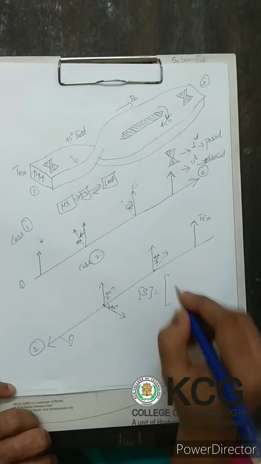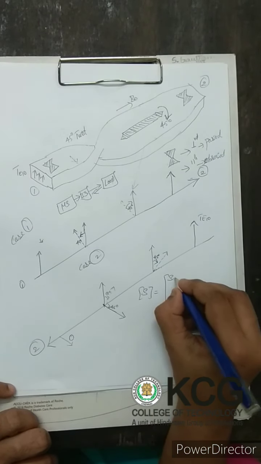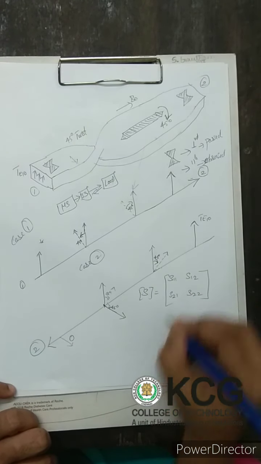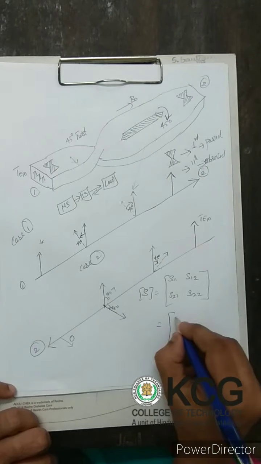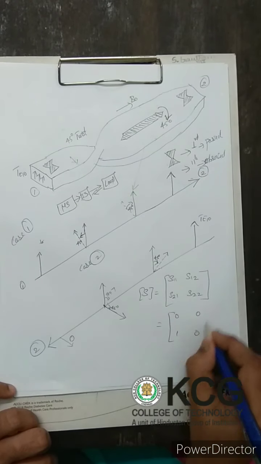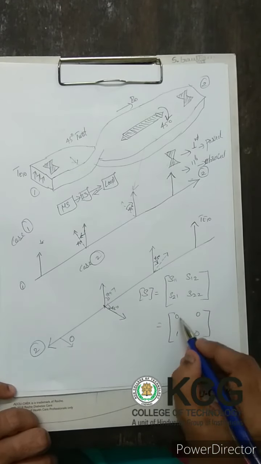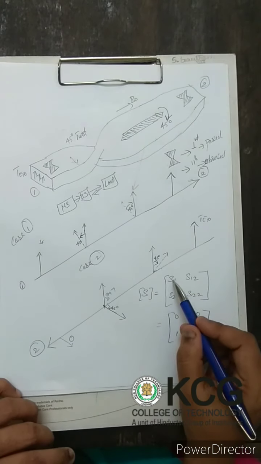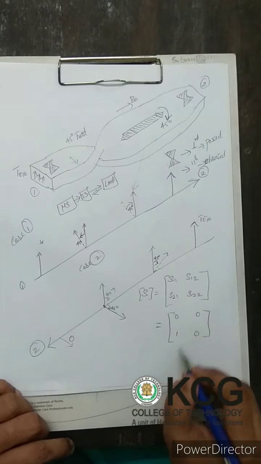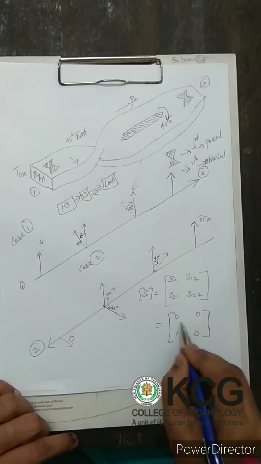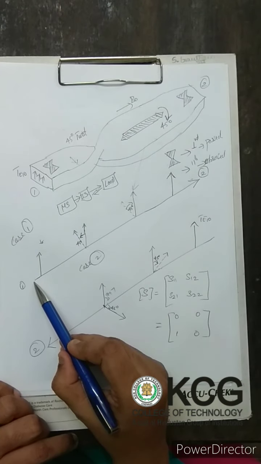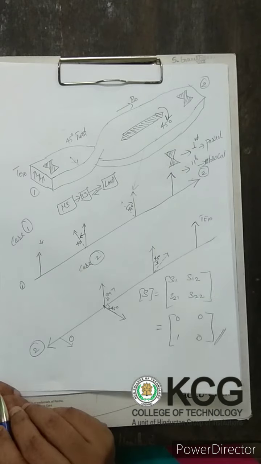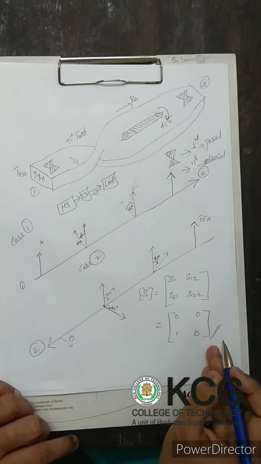Okay, so now next is your S parameter. The S parameter for the 2-port isolator is given as S11, S12, S21 and S22, whereas in numerics it is 0, 0, 1 and 0. Why is it all 0 here? Because it is assumed to be an ideal case and you don't have any reflections from any of these ports. So you just have only one signal at this port alone when energy is transmitting from port 1 to port 2. So this is the S matrix for an ideal 2-port isolator.